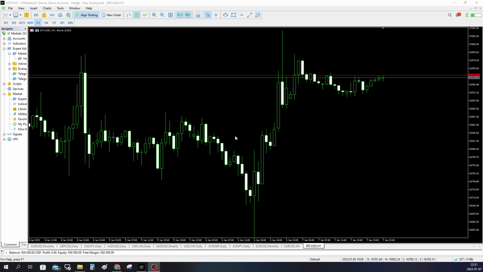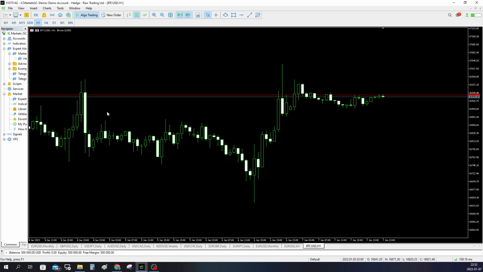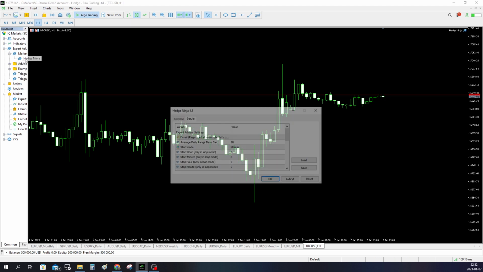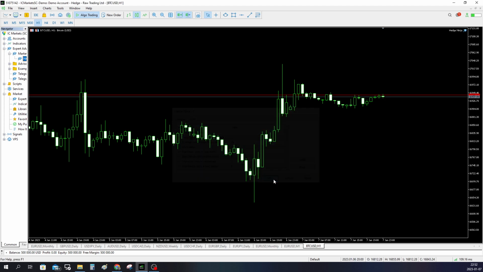Hi guys, today I'm going to do a tutorial on how I set up my Hedge Ninja in a demo account that I have just opened. It's a Saturday and therefore the markets are closed, so I will be doing it on Bitcoin, because it's moving, and that's quite important when I show you the settings. Anyway, I will load up the EA